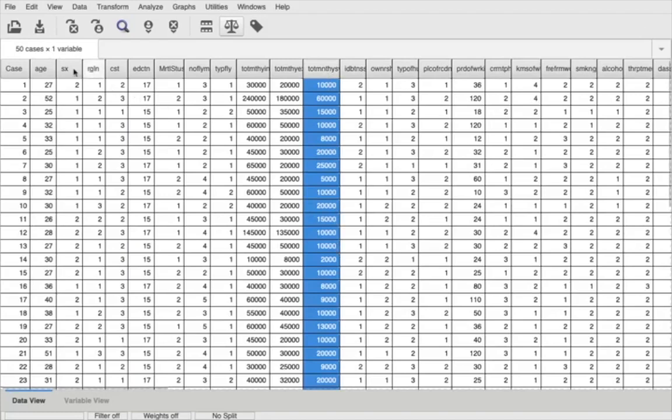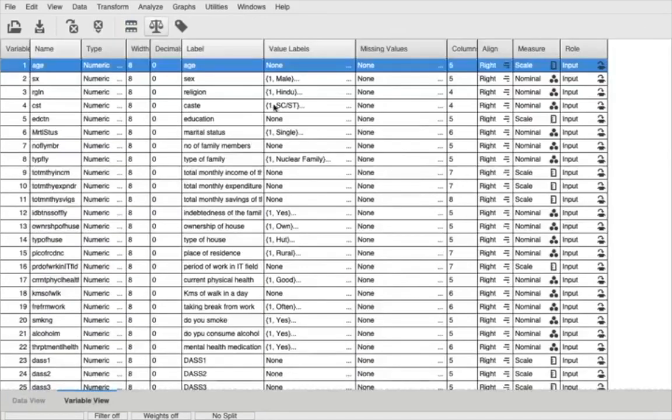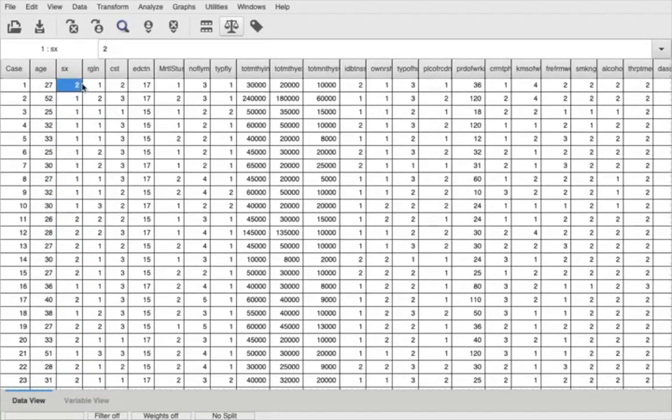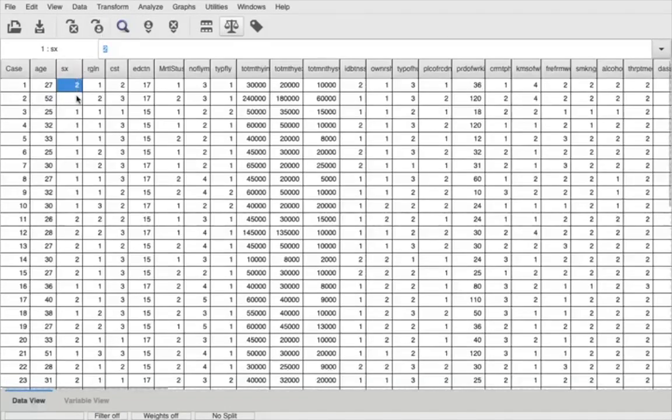But there are certain categorical variables like sex or gender. I have given 1 and 2 because, as I told you, the computer does not understand words, so we have to tell it in numbers. Let us say your first respondent is male or female. It is up to you how you code that person. I have given 1 as male, 2 as female. So here the first respondent is female, I enter 2. Then I go to the variable view. Once I finish entering, I have decided 2 is female, 1 is male, and I enter this whole data.